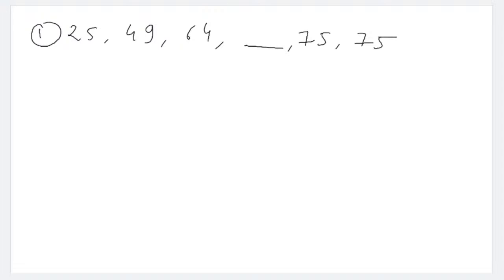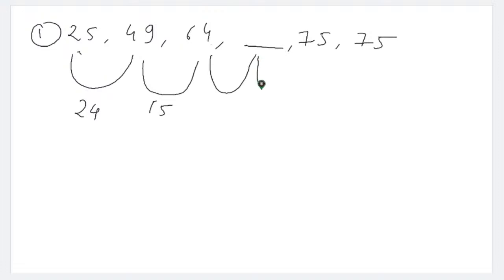See, to identify the pattern, see if the difference is big or small. In this question 25, 49, 64, these numbers are nearby. So these are the closest numbers to each other. So we have to find the basic difference. Difference means subtracting the first number from the second number. So if you subtract 25 from 49, you get 24. If you subtract 49 from 64, you get 15. Something you will get if you subtract the blank from 64, and something you will get if you subtract the question mark from 75, and again you will get